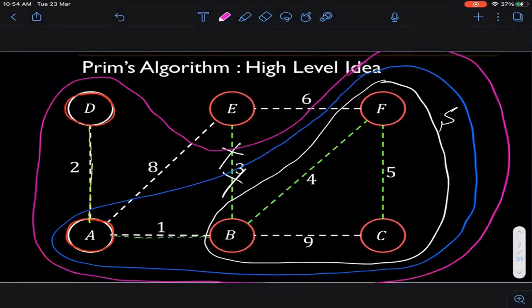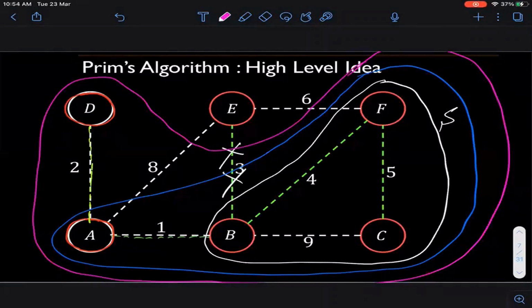So the termination condition is that when you do not have such edges to consider. What do I mean by that? I will end the procedure when I have this set S and I find that there are no edges crossing this barrier. Okay, Kevin says that when V minus S is empty. Is this actually correct? Is this morally correct?